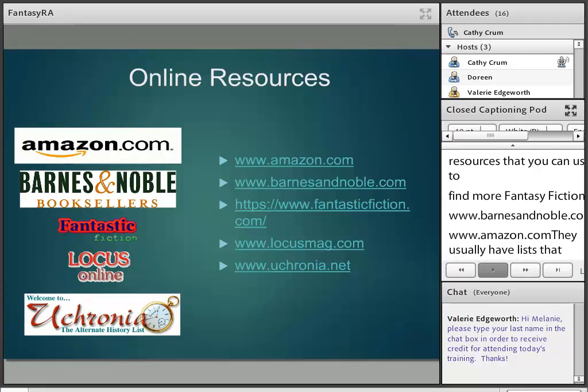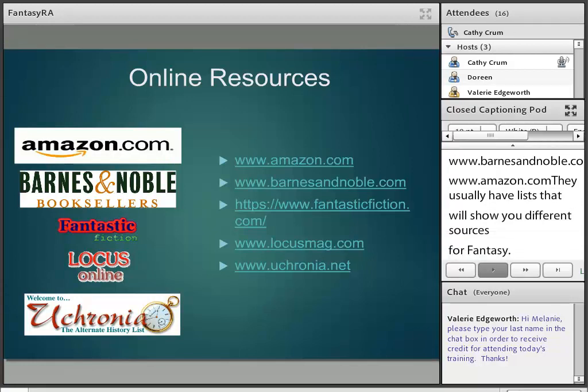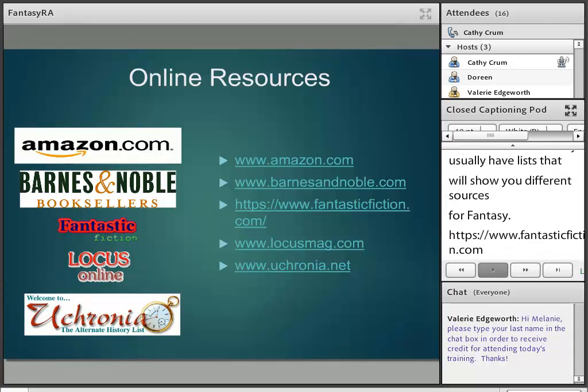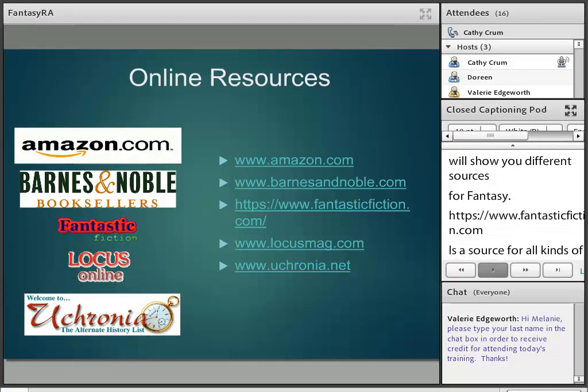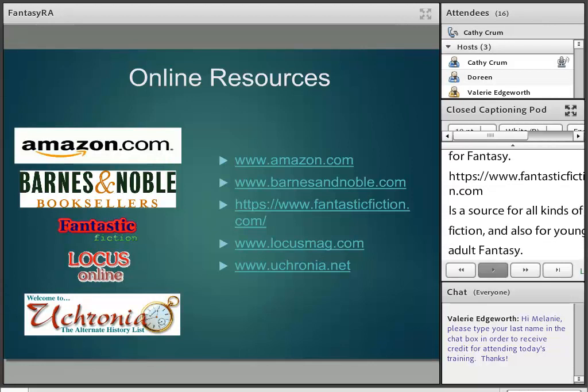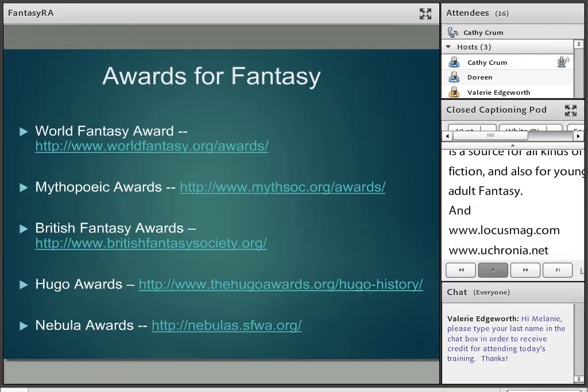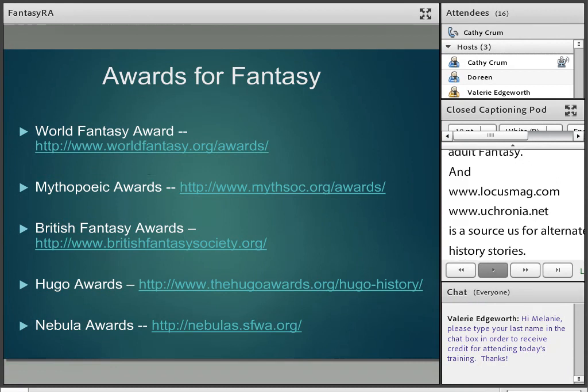Okay, well, we have finished the actual reader's advisory portion, so now I'm going to talk about some resources that you can use to find more fantasy fiction. There's obviously Barnes & Noble and Amazon.com. You can find a lot of stuff on there, and they usually have lists that will show you different sources